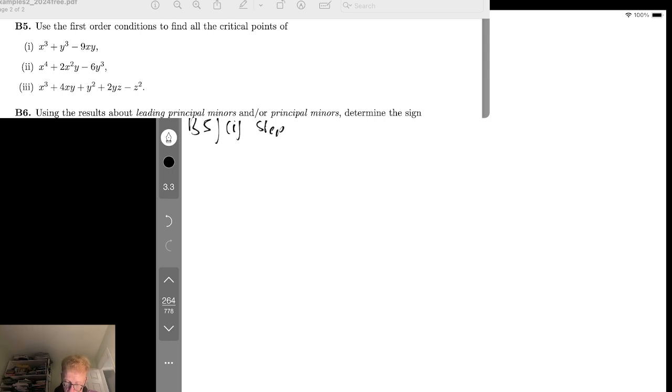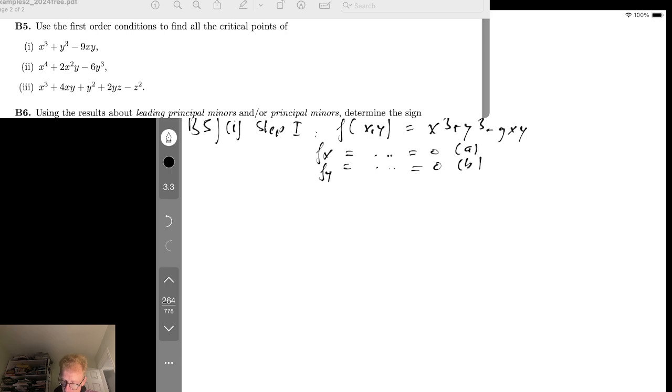Step 1 is give the function a name. Maybe it's only a function of x and y, so it's x cubed plus y cubed. I think I might have done that one in class, but you calculate f_x, f_y, and then you equate that to 0, give the relationships a name, and step 2 is